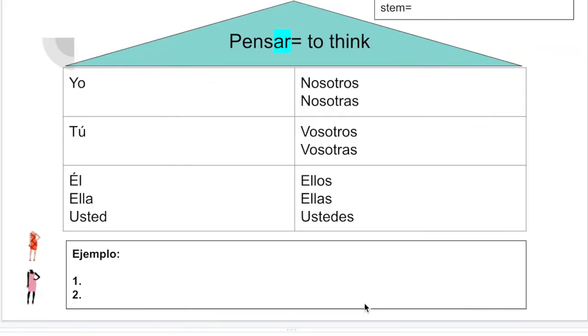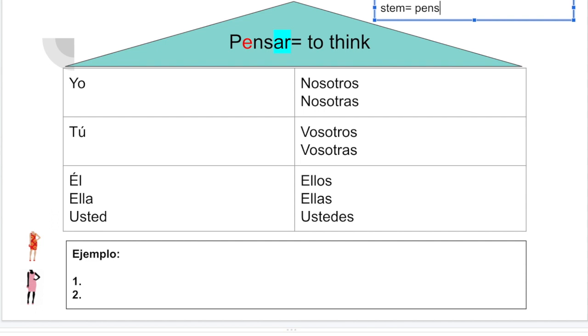Okay, so this is a new verb, pensar. Pensar means to think. It's an AR verb. It means that the endings are the ones that you're familiar with: o, as, a, amos, an, and áis. However, some verbs, when they have an E, especially between two consonants, we have to change the stem. So, we drop the AR, right? We drop this. And the stem will be pen,